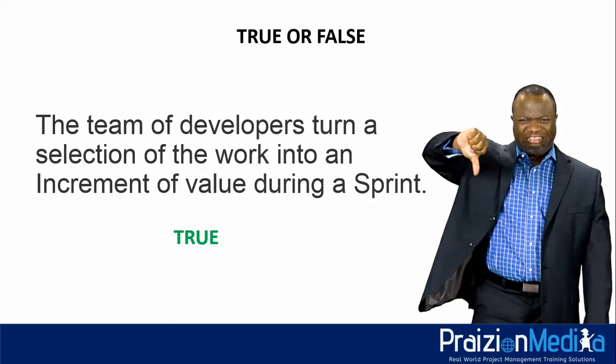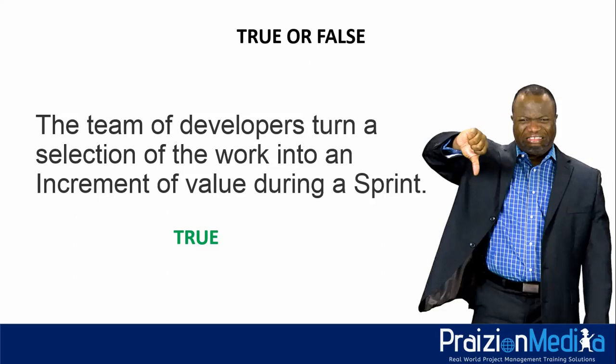So if you're going to go Puritan, you could say, oh, well, it's everyone turns the selection of work into an increment. But you also want to look at what is called topic 3 under the Scrum Guide, because it reads how this is done at the sole discretion of the developers, right? How this is done is at the sole discretion of the developers. No one else tells them how to turn product backlog items into increments of value.